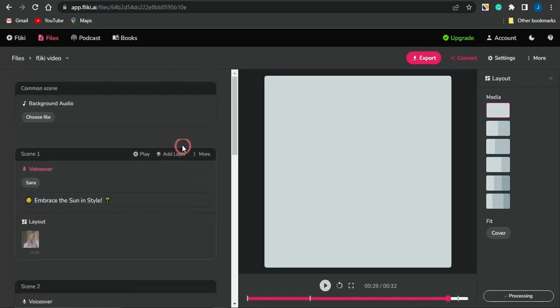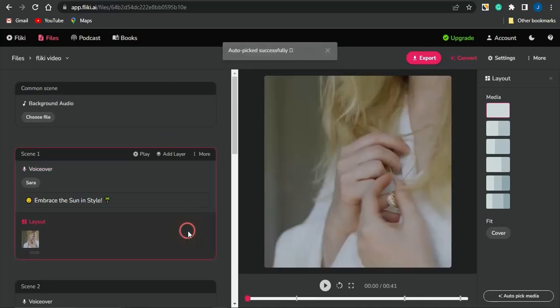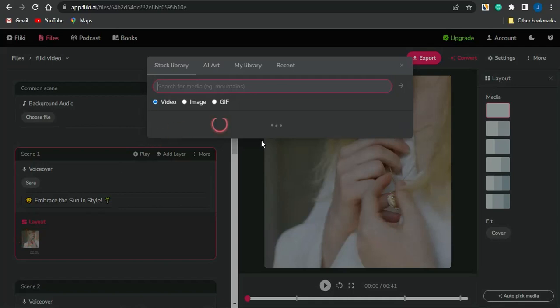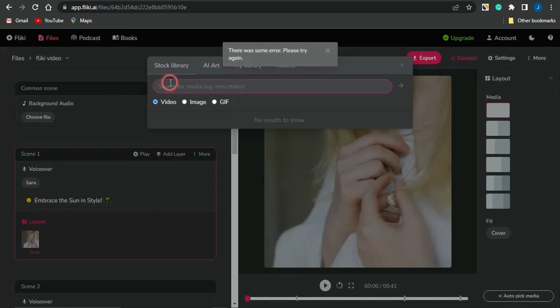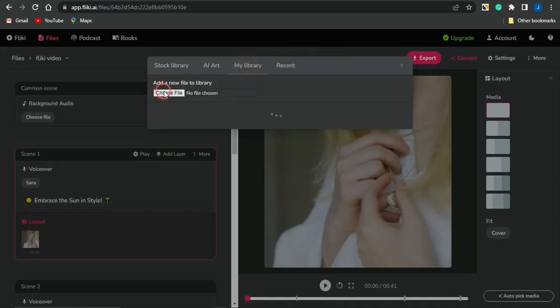And supposing you don't like the video for that particular scene, you just go onto that scene, select the video icon right here, and you go on to selecting any video of your choice, which you're going to be shown once this loads up. And guys, you can search for videos related to a particular keyword, and you'll be shown videos there which you could take advantage of right now. You could go onto my library and upload a video from your device and use that for that scene.